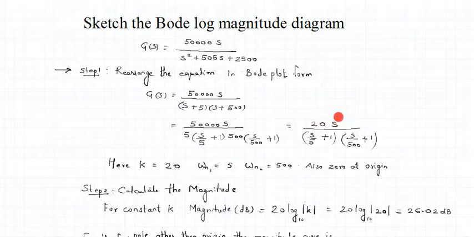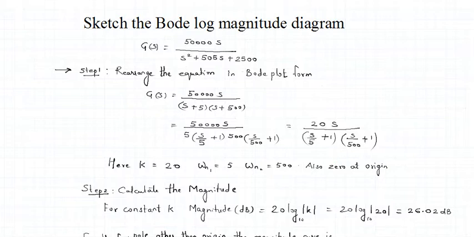So there are totally 4 terms which we are going to separately analyze, and that is the reason why we go for Bode plot. The logarithmic scale that we use in Bode plot separates each of the terms. So we will find the Bode plot of 20. We will find the Bode plot of 0 at origin. We will find the Bode plot of a pole other than at origin. Also we'll find the Bode plot of another pole other than at origin. And then we'll add all these Bode plots and get the final Bode plot. This is the concept behind Bode plot, friends.